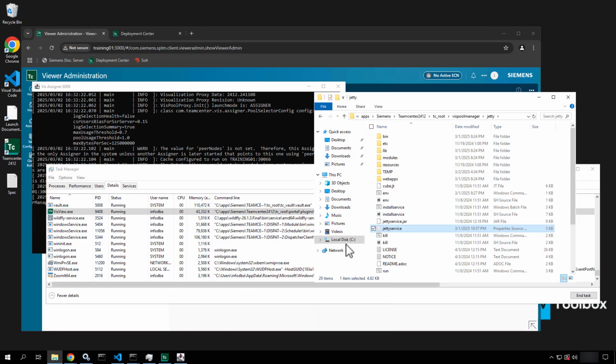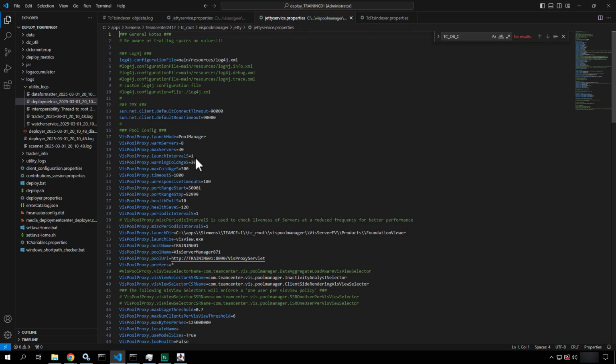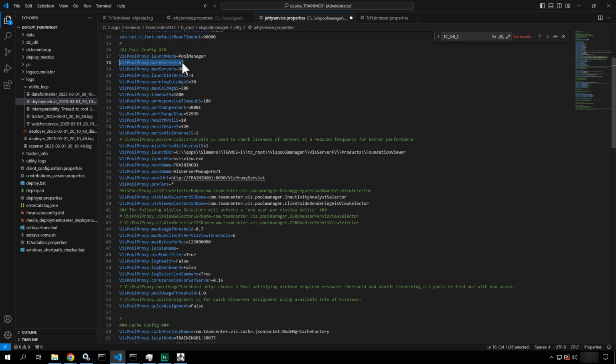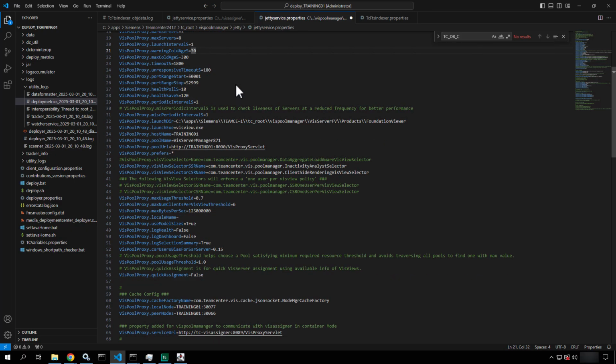Open with code. And in here, notice the warm servers 8. My server can't hold that, so I'm going to set that to 3. So that's here on this line. And then down below that, I know that my max servers can only touch roughly 8, or it will top that out. And then if I save this,